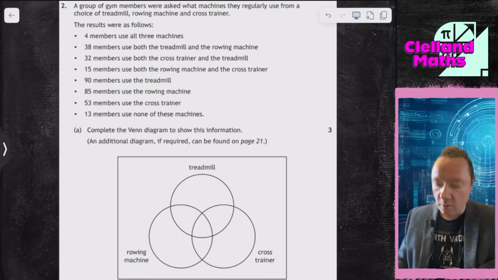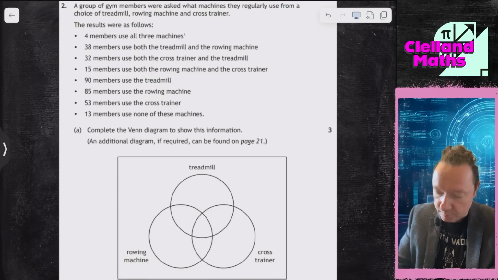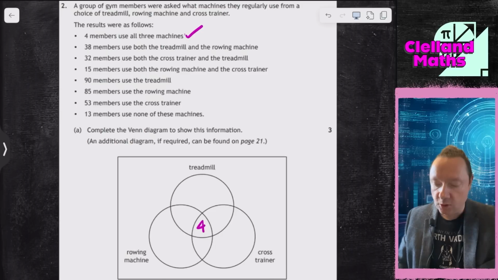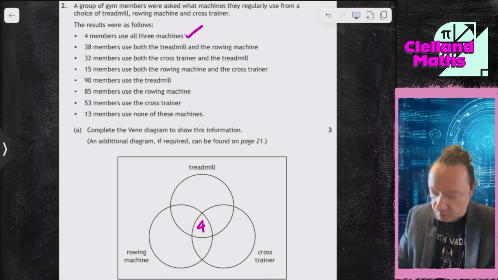So always start with the one in the middle. So the one in the middle is all 3. 4 members use all 3, so 4 goes in the middle. And then we can start working on our double choices. So 38 members use treadmill and rowing machine. So treadmill and rowing machine has to add up to 38, but I've already got 4, so I've got 34